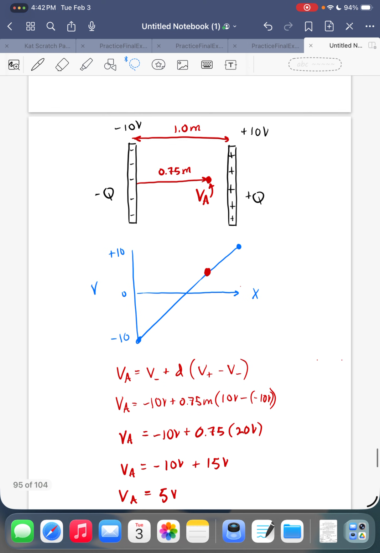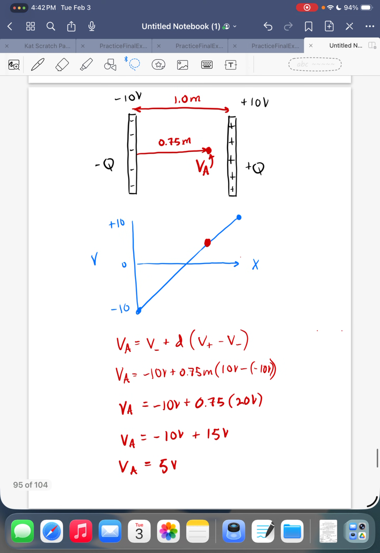One way to describe that is to imagine I told you I wanted to know the potential of this point right here that is 0.75 meters from the left-hand plate when the distance between the two plates is 1 meter. How would you do that? You'd say, well, the potential at point A is the potential of the negative plate, if we're going from the left, plus the distance that you've traveled from the left-hand plate times the difference between the positive plate and the